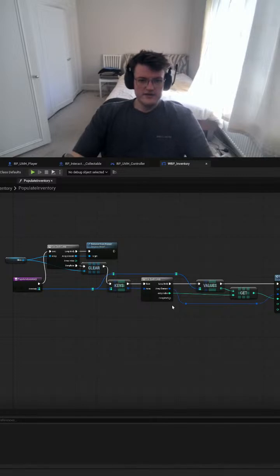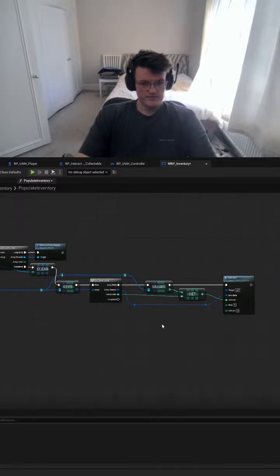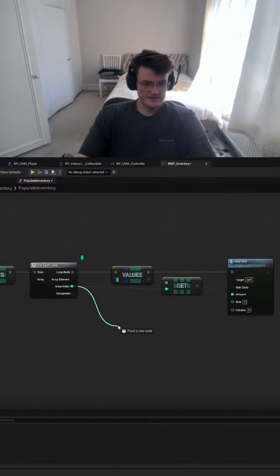So what we need to do now is, based on our index, we should say inventory row limit, which is just going to be an integer type. This is just a variable that we use, and we'll say that this at the moment is 5. So now our index in row,